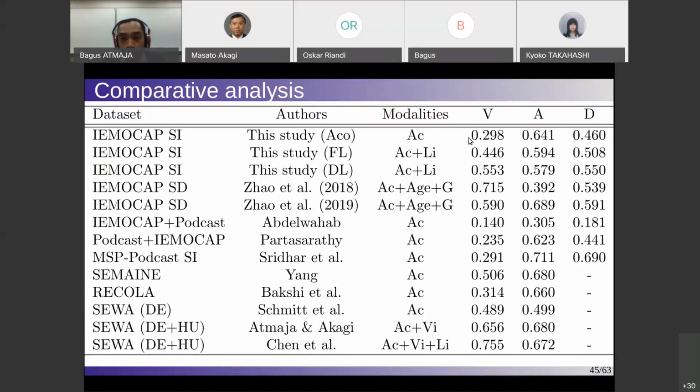And we can see here the difference between acoustic only with acoustic and linguistic. So we improve the score from valence actually, but this result use different model. For example, the first one is using MLP, while the second and third one using LSTM model. I just observed that using MLP is better here. So if the second and third is conducted using MLP, maybe it also gives better result here.